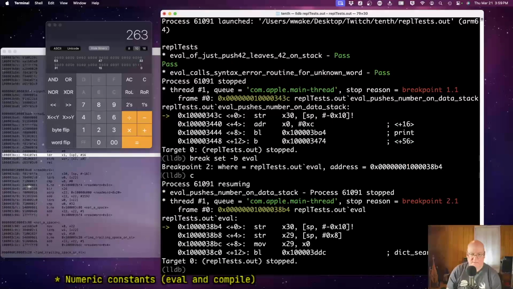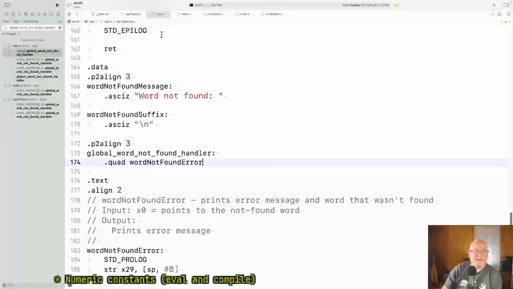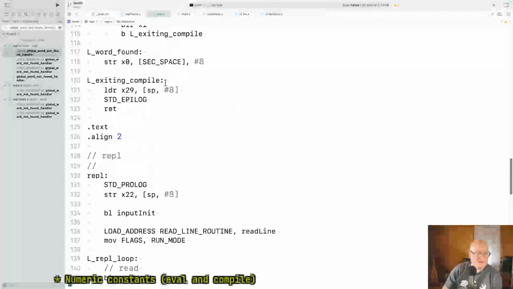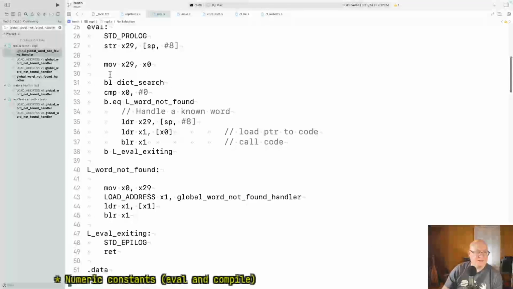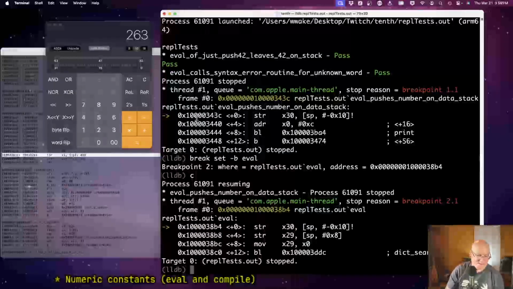Continue. All right, where are we? We're in eval. Okay. Now, I think this should go moderately straightforward until we get to that dictionary search, that's probably the first interesting moment. Okay, so we'll step,